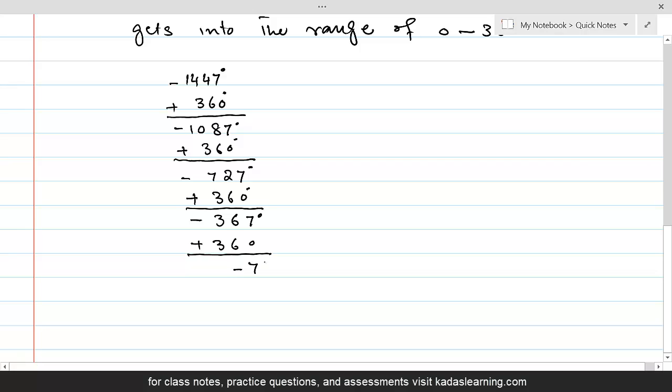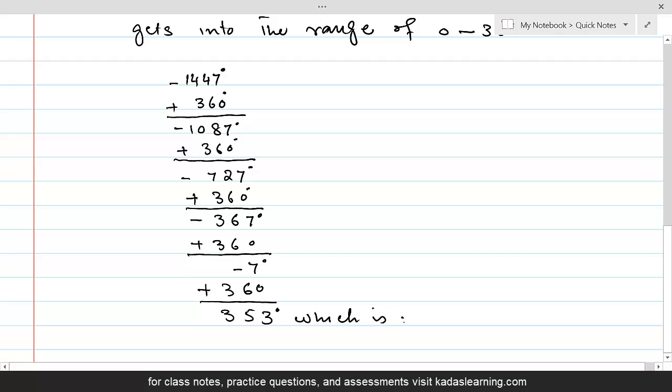And minus 7 degrees is still not in that range. So we will add 360 degrees more, and we will get 353 degrees, which is in the range